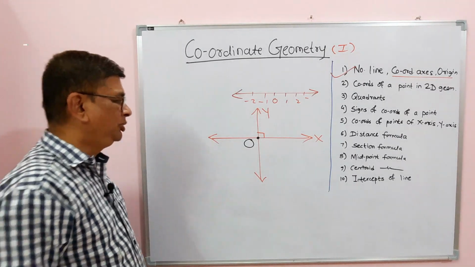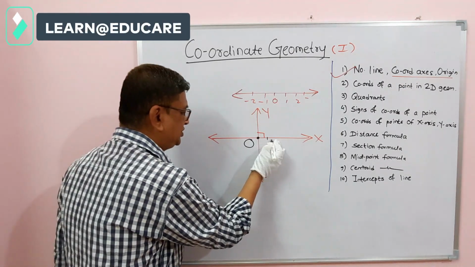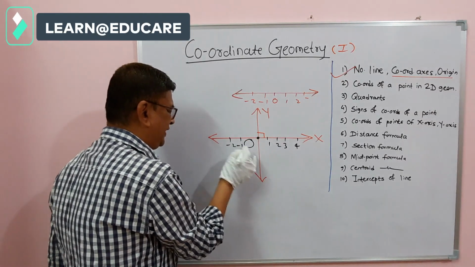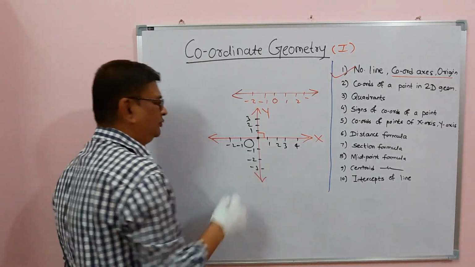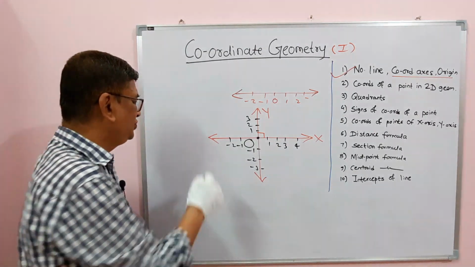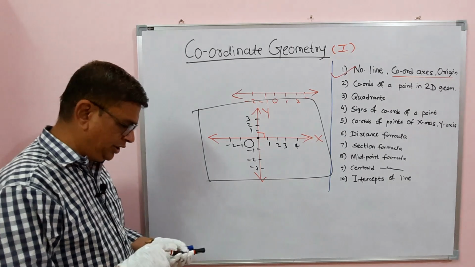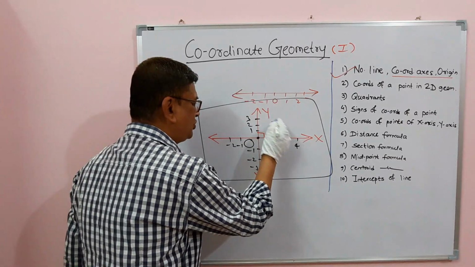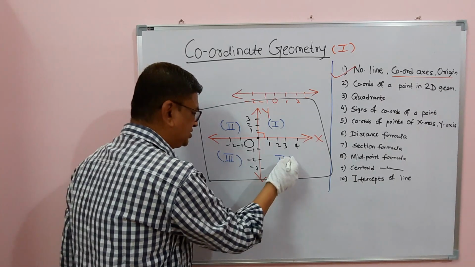And then we can plot various points on the graph paper if you give numbers on the respective positive x-axis, negative x-axis, positive y-axis, negative y-axis, something like this, and then we can represent the coordinates of a point in various places. But first to know, this entire plane, called the coordinate plane, is divided into 4 parts. This upper right hand side part is called the first quadrant, this is the second quadrant, this is the third quadrant, and this is the fourth quadrant.